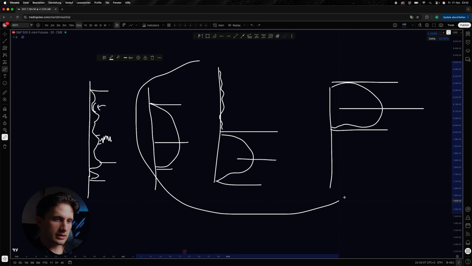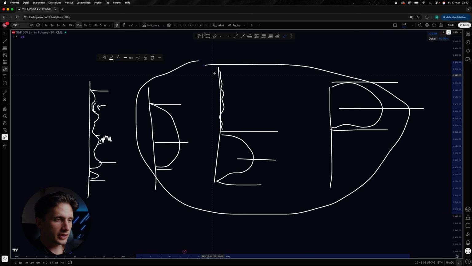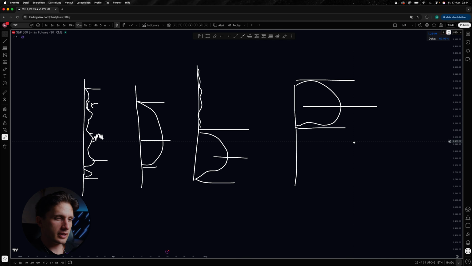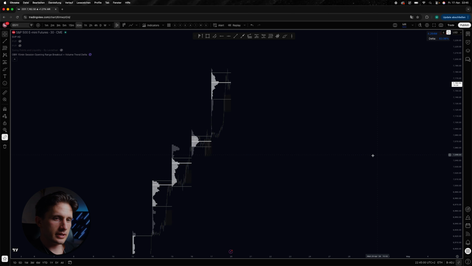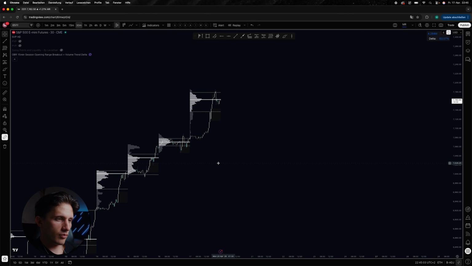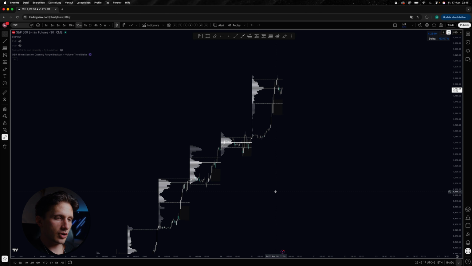So these three shapes, study them and you will get such an amazing edge in futures trading. I promise you this. So I hope that's really all clear for you with the P, D and B shape formations on volume profile. Now when we are looking here now at the real volume profiles, in the last couple of days